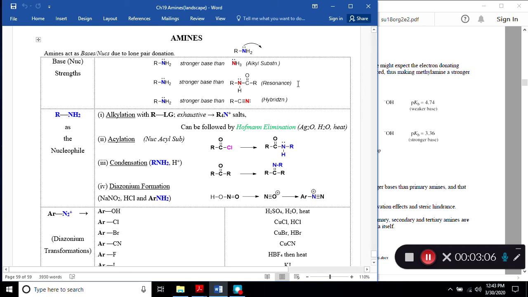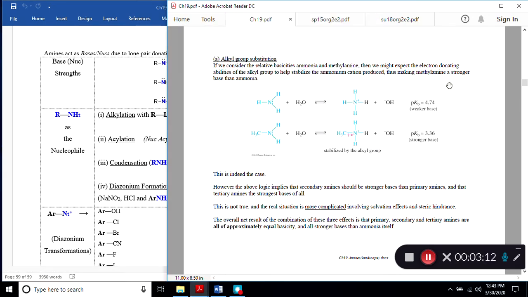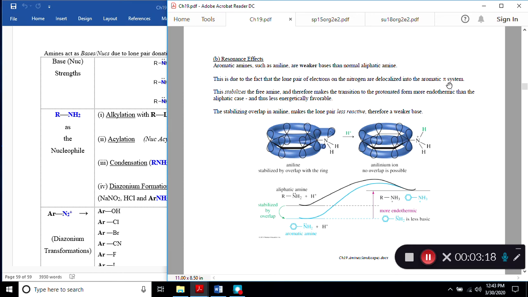The next thing is resonance. So we have to then consider, how does resonance impact the lone pair? The answer is resonance is always stabilizing. So if the lone pair on the nitrogen is involved in conjugation, if it's involved in resonance, so if it's adjacent to pi bonds, those pi bonds could be an aromatic ring like we have in aniline. It could be adjacent to a C=O double bond like we would have in an amide functionality. Doesn't matter, that lone pair will be stabilized by resonance, and if it's stabilized, it's going to be less willing